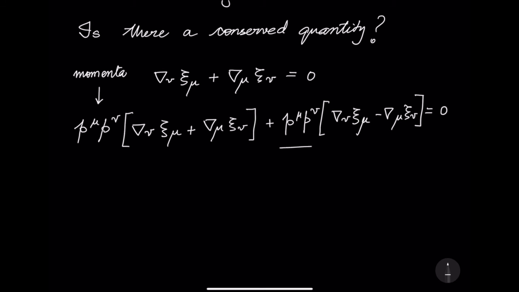This is symmetric in mu and nu, and this is antisymmetric in mu and nu because of this minus sign. So if I change mu and nu, this will pick up a minus sign, but that will not pick up a minus sign. So as we have seen earlier, they will add up to 0. So all I am doing is adding a 0 to something, which one should not complain about. But once we do that, the second term here gets cancelled out. So this equation now I can write as